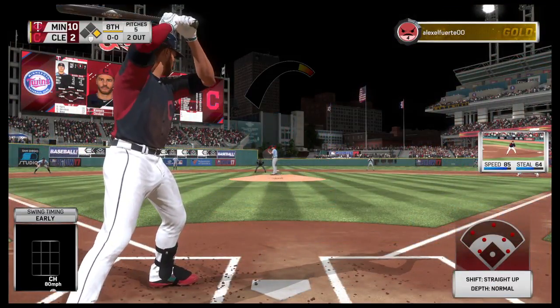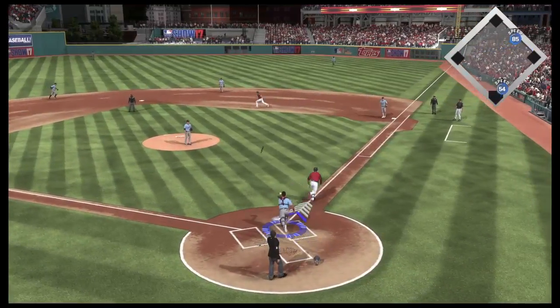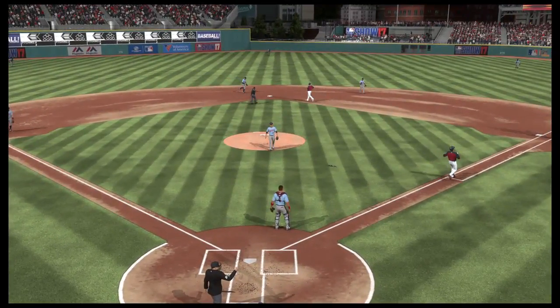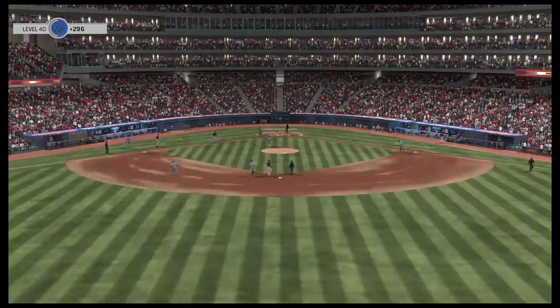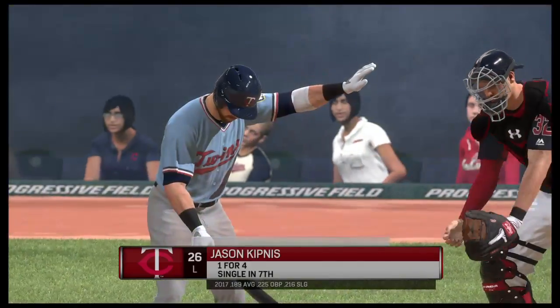The batter, number 28. Stepping into the box, Nolan Arenado. He got on top of one and was a ground out victim last time. And he'll avoid the out. And as the second